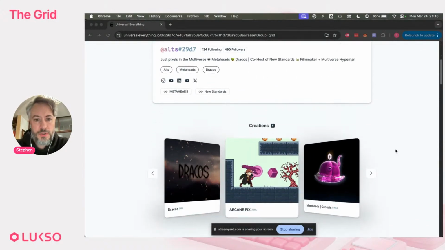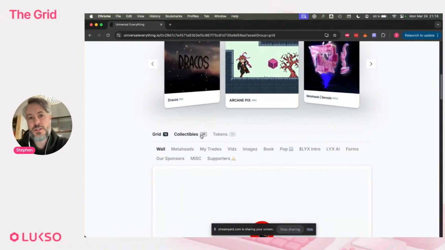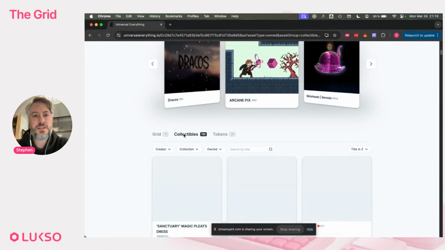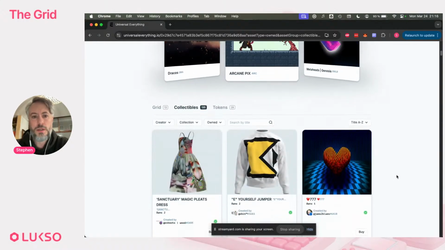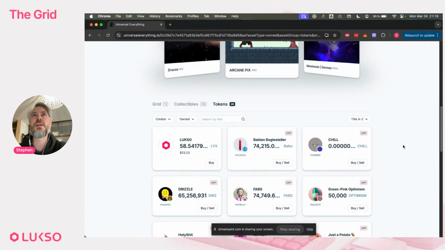I also do want to show you that, like I said before, we do have NFTs and tokens. You can see here, this is where we list those as well. I will say that we use a different standard than ERC20 or ERC721 for our tokens and NFTs. We have an upgrade. We call them LSP7 and LSP8. I'm not going to get super into that, but there are a lot of things that those standards can do that ERC20 and ERC721 can't do.